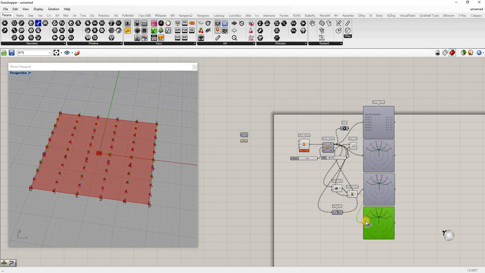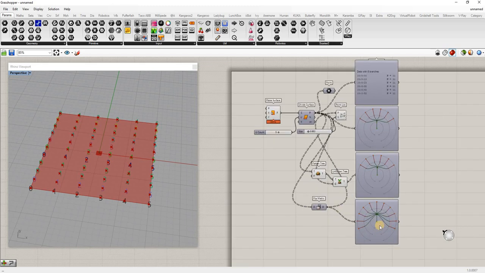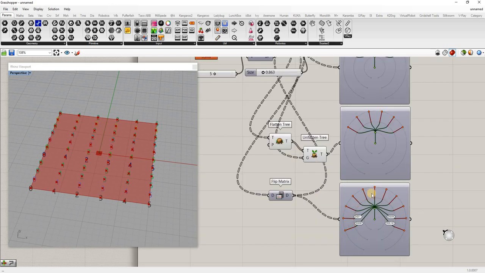So I can use this to change my data structure up a little bit. And you can see this goes back to the 11 trees. There's only 5 things in there, or 6 things in there. Another thing that I can do is